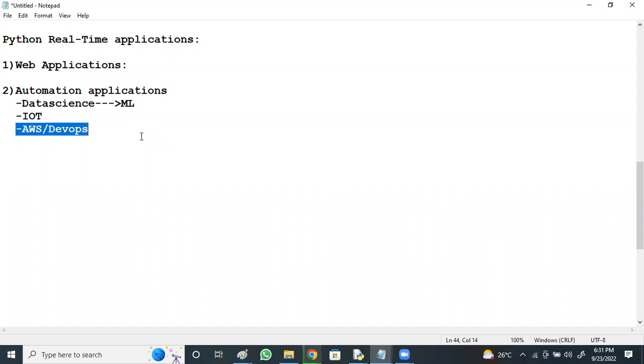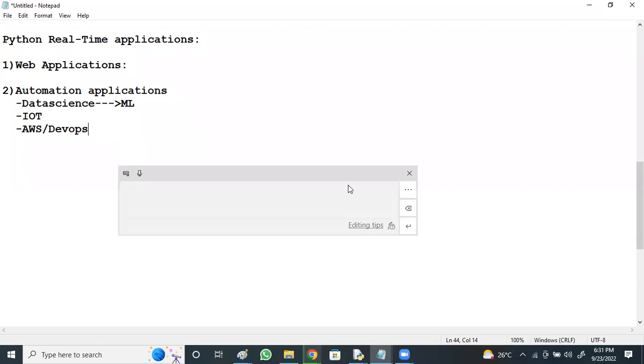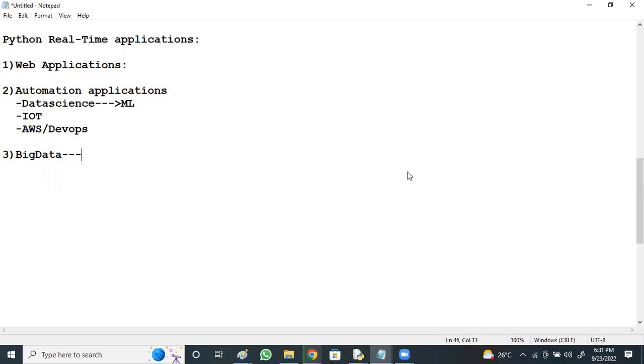So like in data science, in IoT or in AWS, right? Yes. And if I talk about the various other applications, I'll just list out one by one. In big data, huge data is getting generated, not in GBs or TBs, but in petabytes of data generation. Example like Facebook, Twitter,